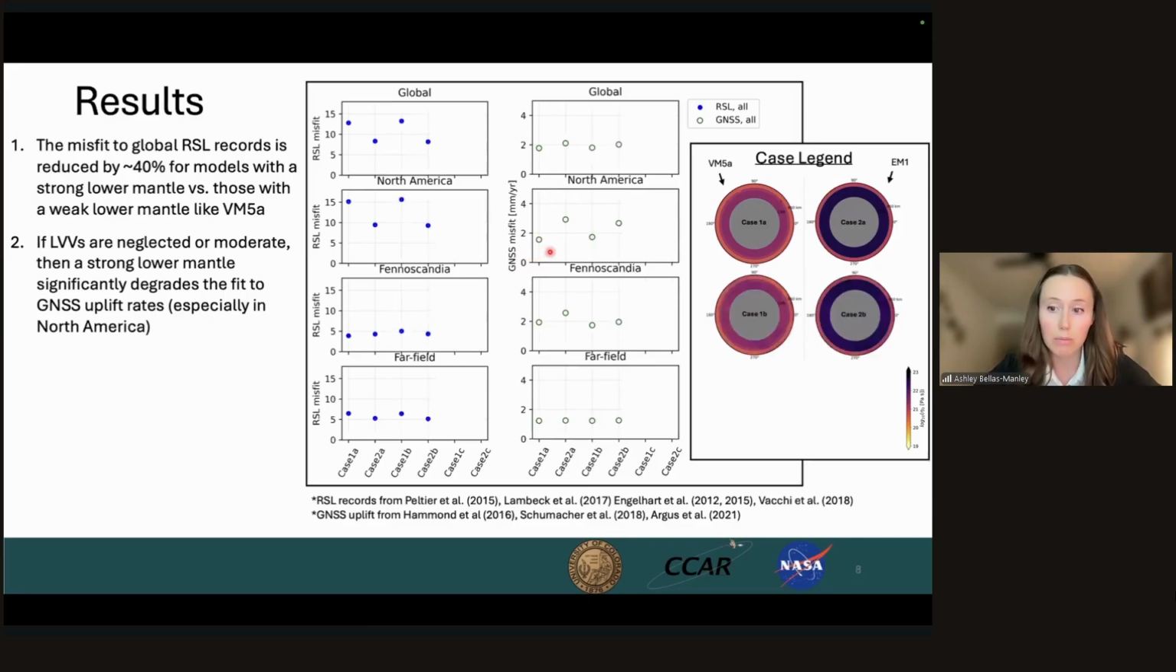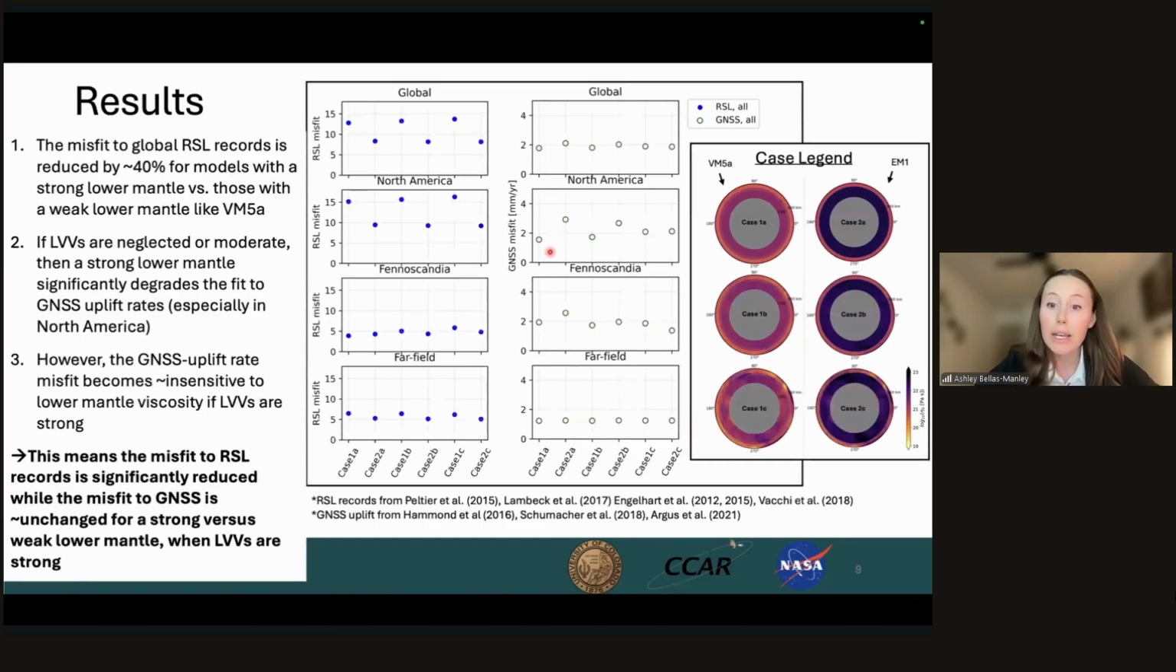The results are similar if lateral viscosity variations are moderate, but if the lateral viscosity variations are strong, like in case 1C and 2C, then the sensitivity of the uplift misfit to lower mantle viscosity goes away. So we get a 40% reduction in the misfit to relative sea level records for almost no change in the GNSS uplift misfit. And this is a really exciting result because what it means really is that the disagreement between